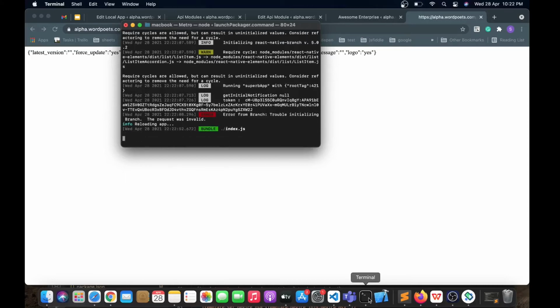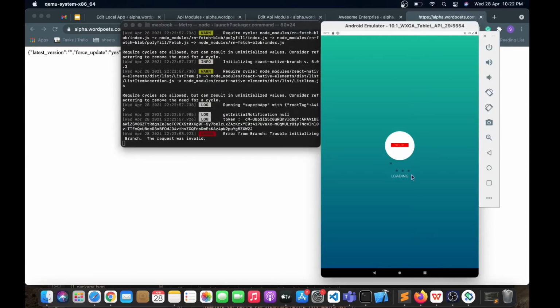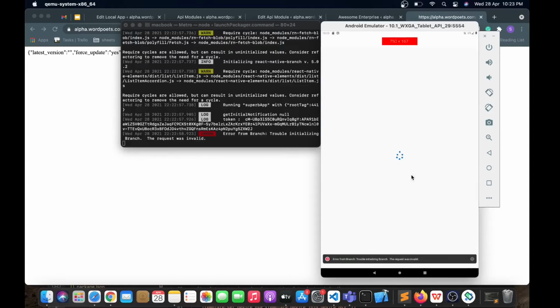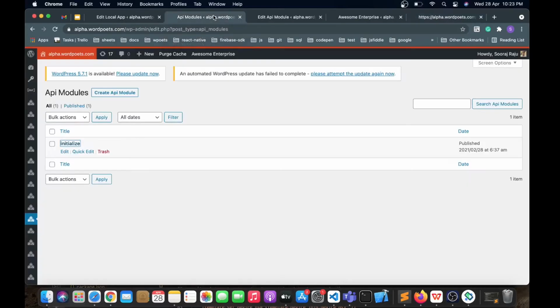Let me reload the emulator. Google has been loaded.